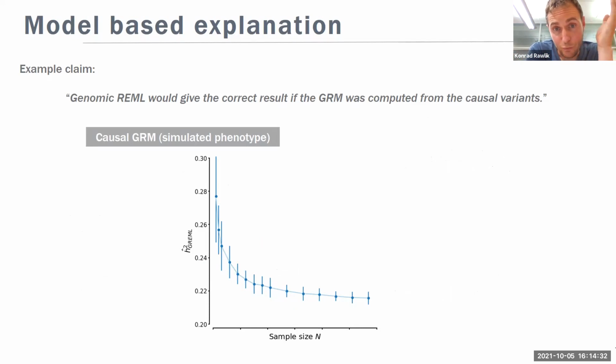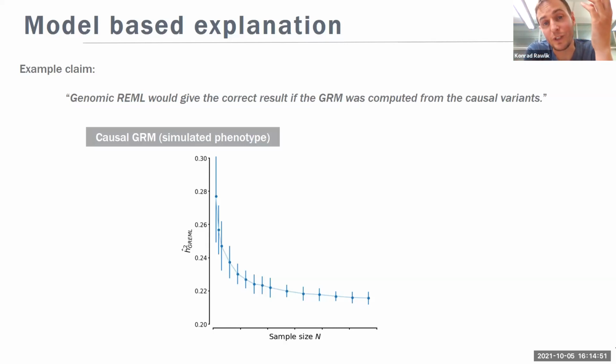This is right, but this is what would happen if we sampled from a linear mixed model with given parameters, and then fitted another linear mixed model with a slightly different G-REML, or the same G-REML, and got new